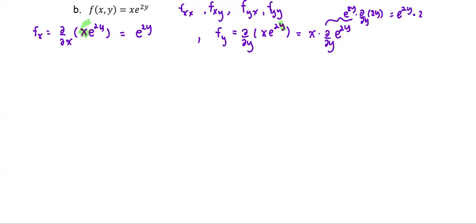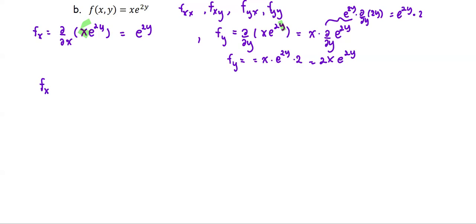So the first partial derivative with respect to y is x times e to the 2y multiplied by 2, or 2x e to the 2y. So set it aside. And then we're going to start to find the second order partial derivatives. Based on the first